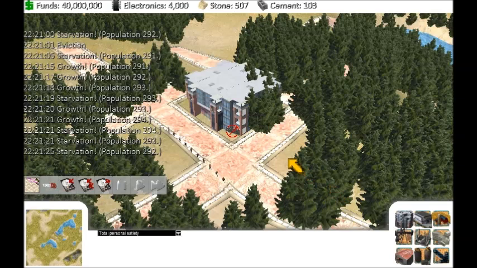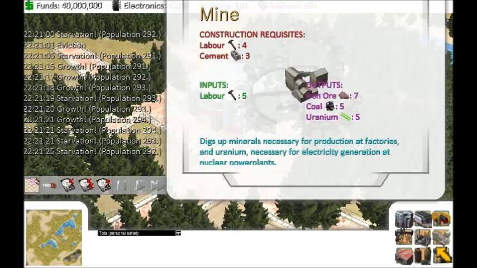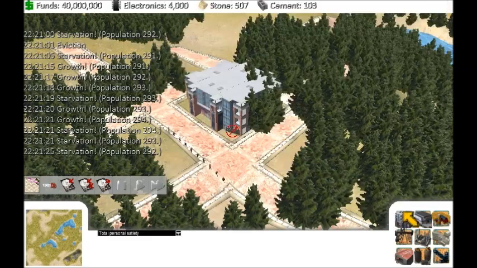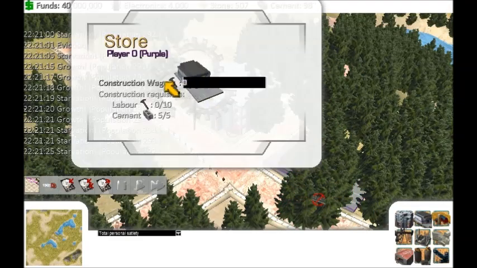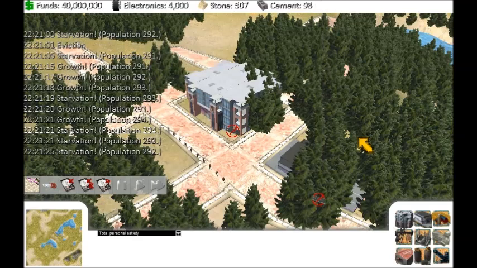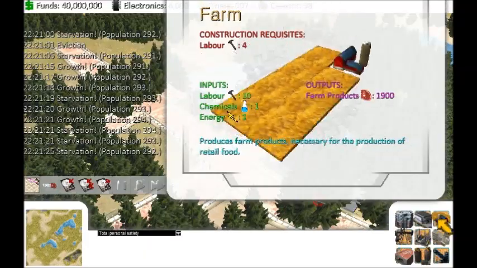The workers have 10 labor power at any given time, which they use on jobs which they receive money for. And they also need retail food from stores, and they need it to survive. They need to consume it at a certain rate. As I've said, they have around 300 right now, and